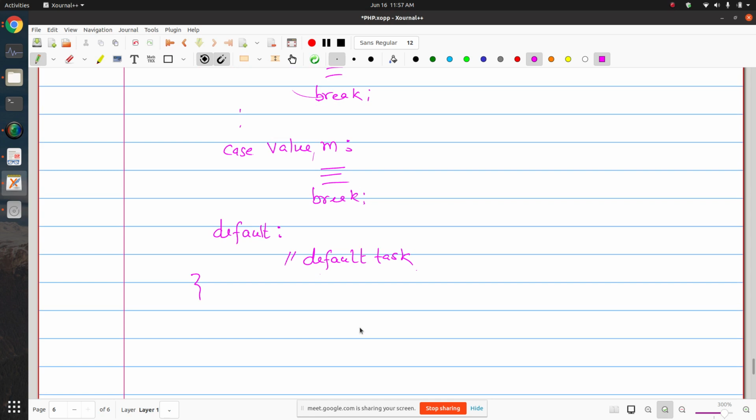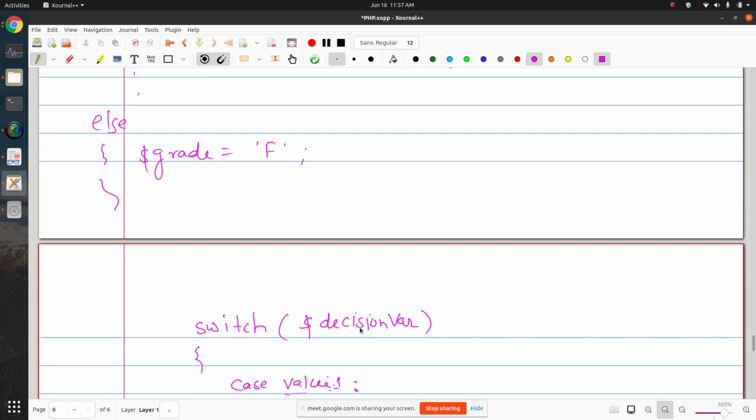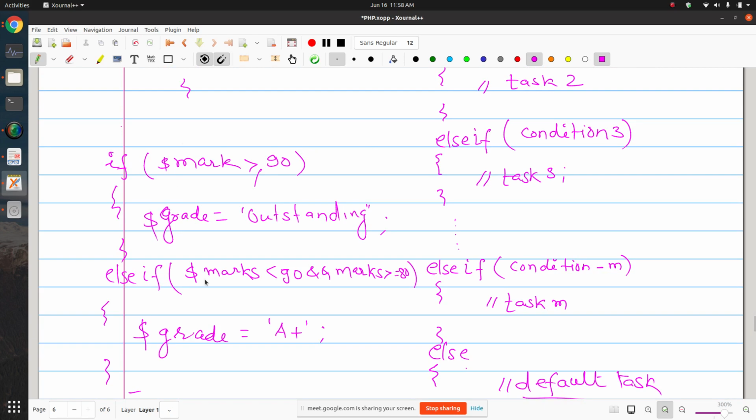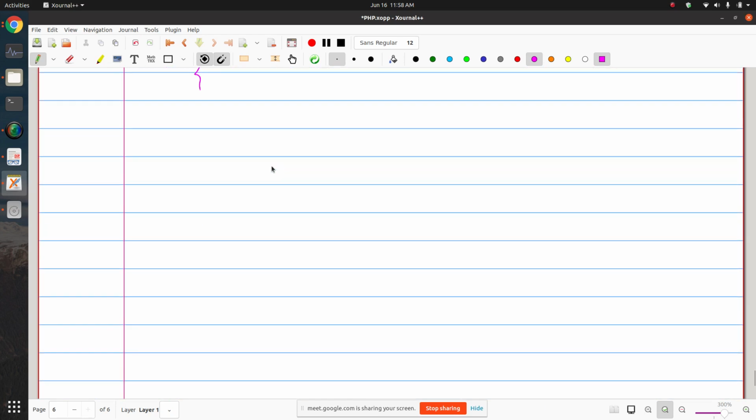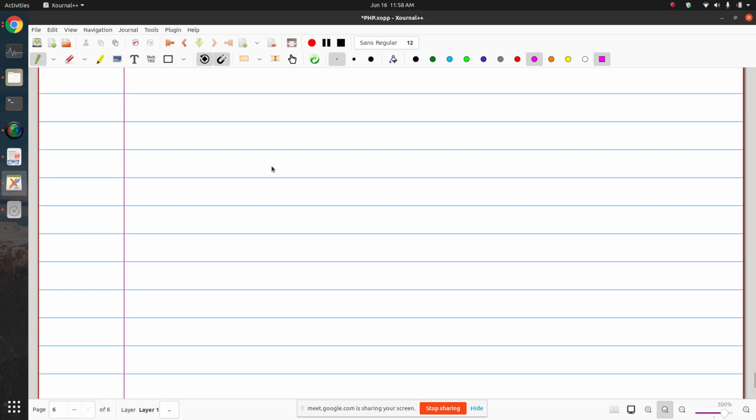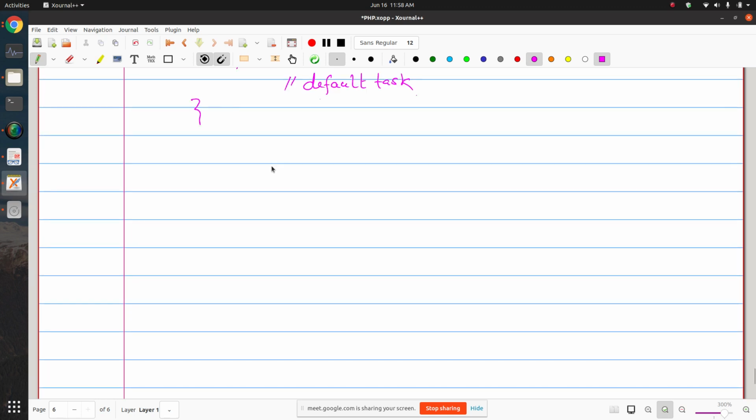Okay, so this is how your case statement works. The same example you can also implement using this. For example, you can have a case like that. Let me give a good simple example.